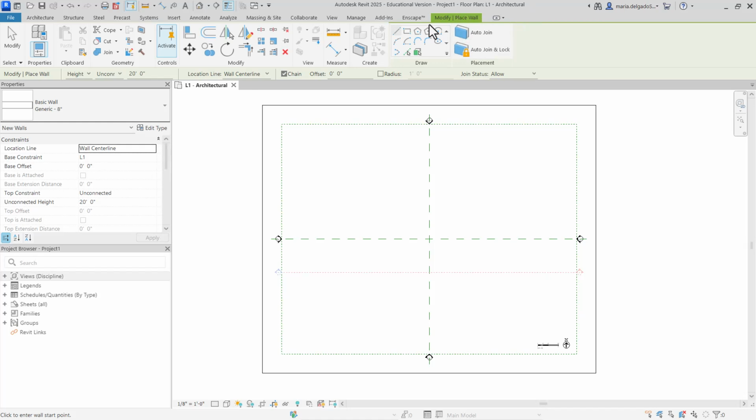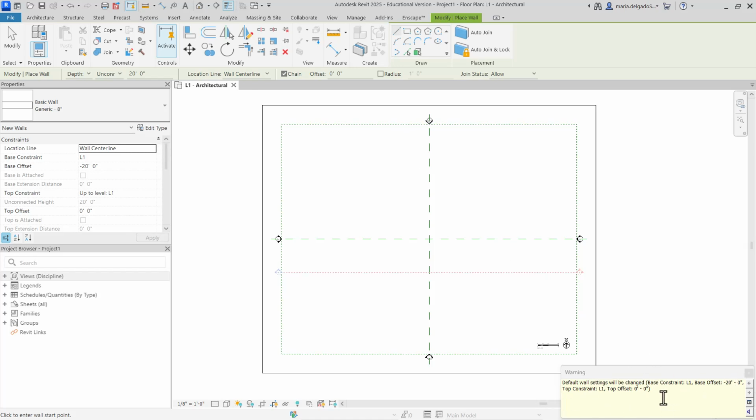While I'm modifying that command, I can make additional changes to that wall here. I can designate the wall depth, determine what level I want it to connect to, and the location line. We'll get into all of these things a lot in later chapters, but this here is called your options bar, and the options bar is light green because it only shows up when you are in the modification tab.